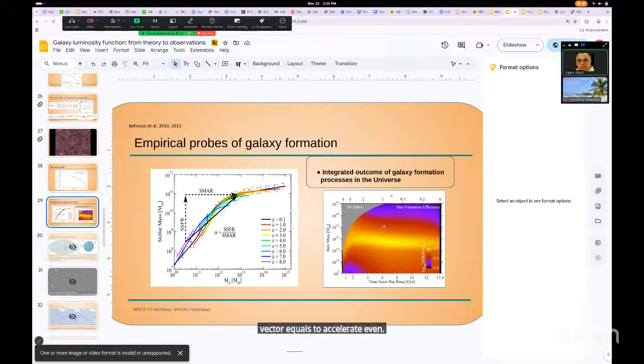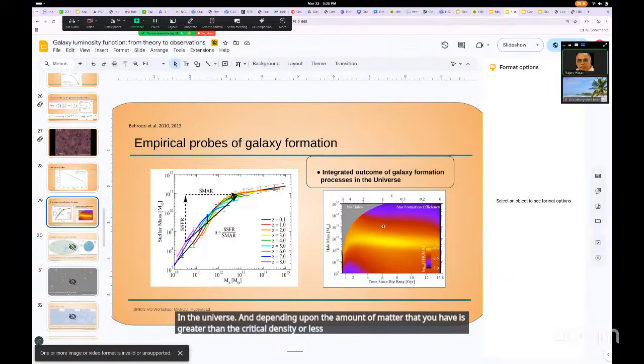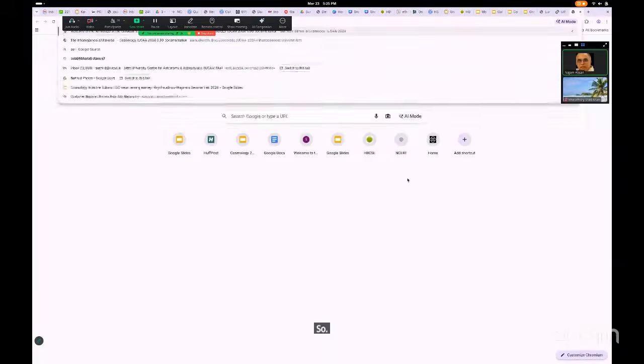Oh, if the universe is decelerating, that depends upon the constituents of the universe. So let's suppose that you only have matter in the universe. Whether the amount of matter is greater than the critical density or less than the critical density will determine the fate of the universe. Okay? So if you open my lecture notes,